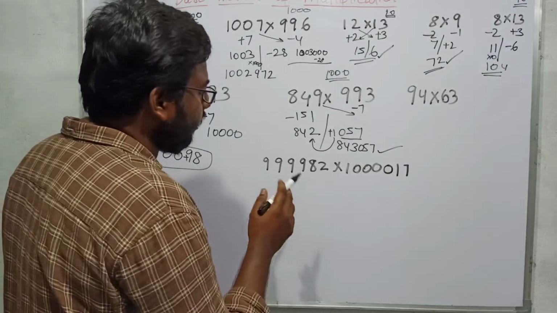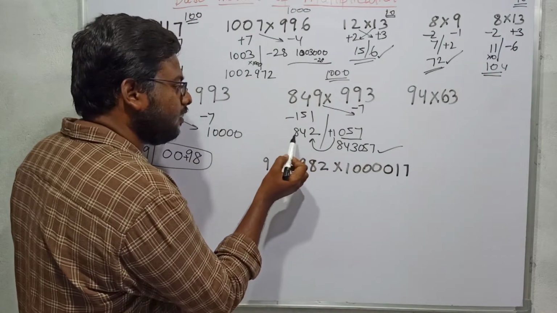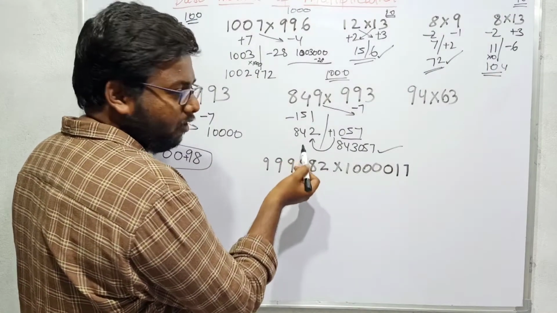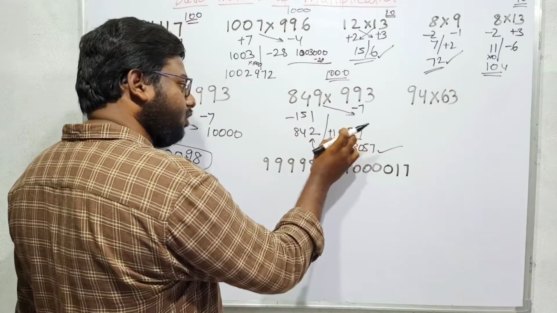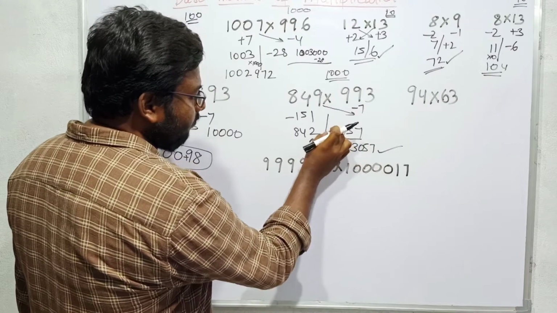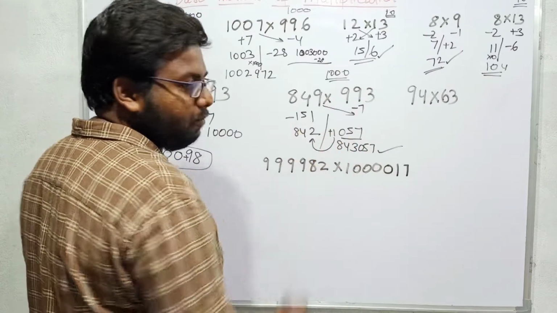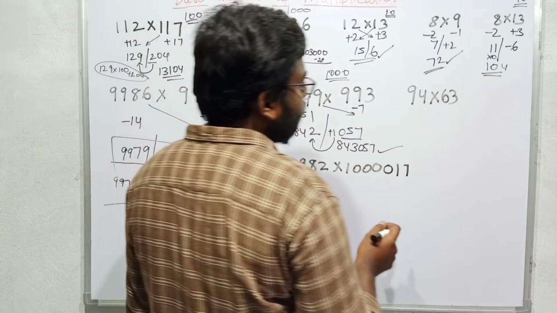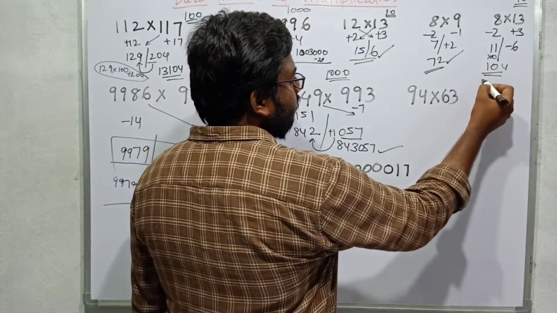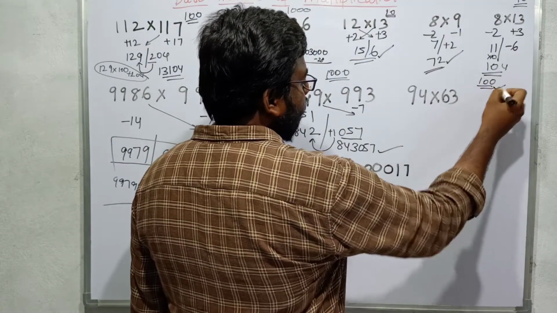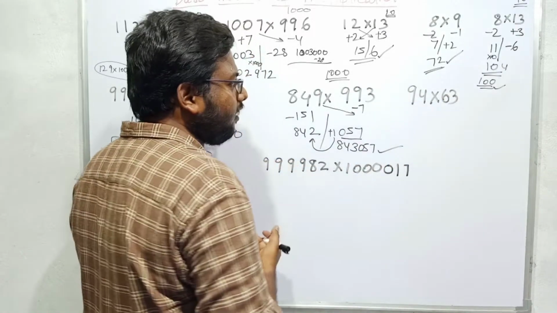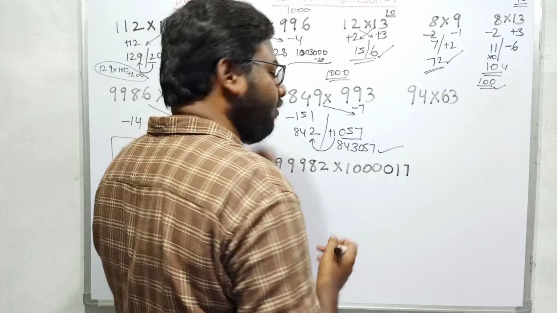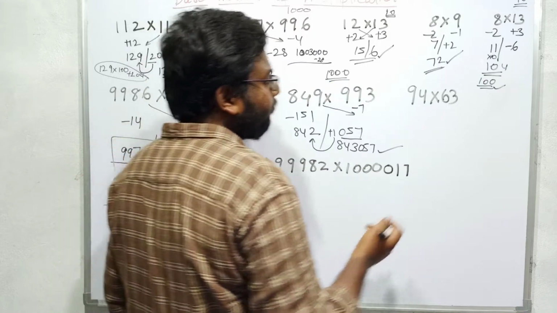And if you don't have clarity on this, no problem, you can calculate like this: 840 into 1000, 842 into 1000 plus 1057. 3 zeros will merge with this 057, and this 1 will merge with 842, and it will be 843. So 94 into 63, these are somewhat nearer to 100, and this will be nearer to 50 also, because this is nearer to 50, and you can calculate like that also, no problem. But we will see that case in the further one.